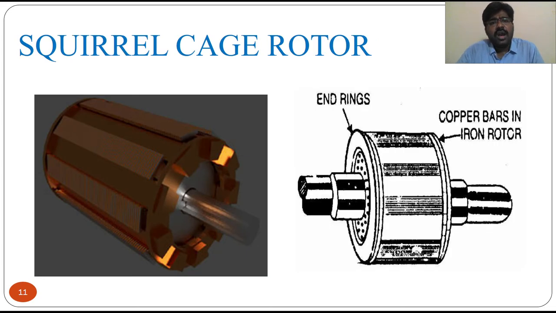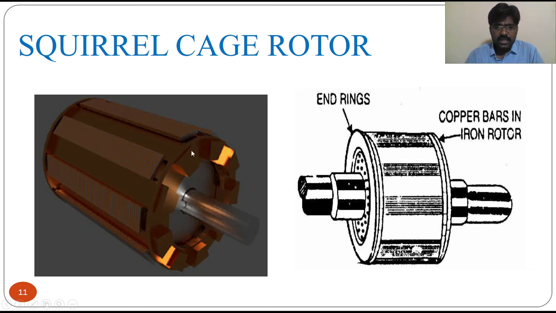Now let us see what the squirrel cage rotor is, what its construction is, how it looks like. Here I have given a small picture. So this is the squirrel cage type of induction motor. We are very well familiar with this kind of induction motor, because in our day-to-day activities, in our daily life, we have come across this type of induction motor so many times. In our home we use this kind of induction motor only. Whatever motor we use to pump water is a squirrel cage type of induction motor, because the rotor is of squirrel cage structure.